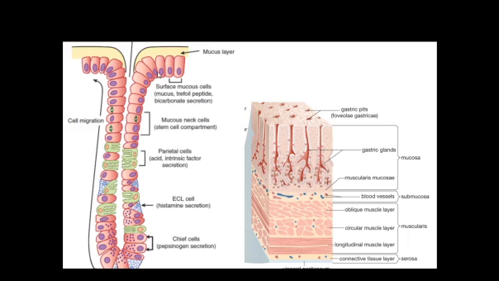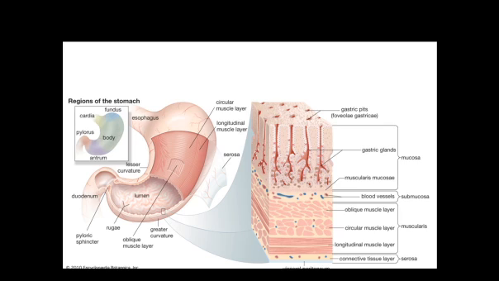These gastric glands have varied secretion. The secretion of gastric glands varies from region to region of the stomach. That is, the cardiac region of the stomach secretes differently from the antral region of the stomach. Now before going to the gastric glands, I would like to emphasize the areas of the stomach also.